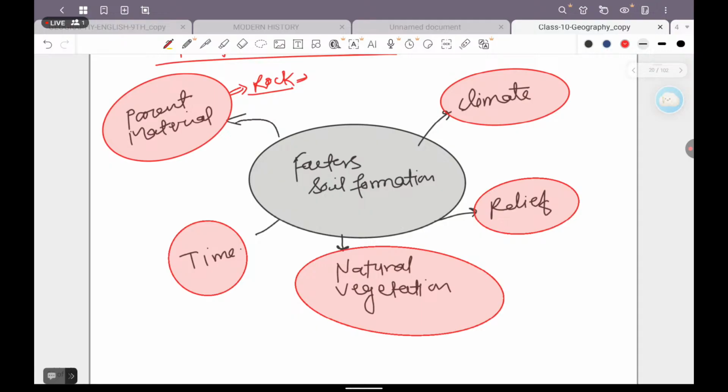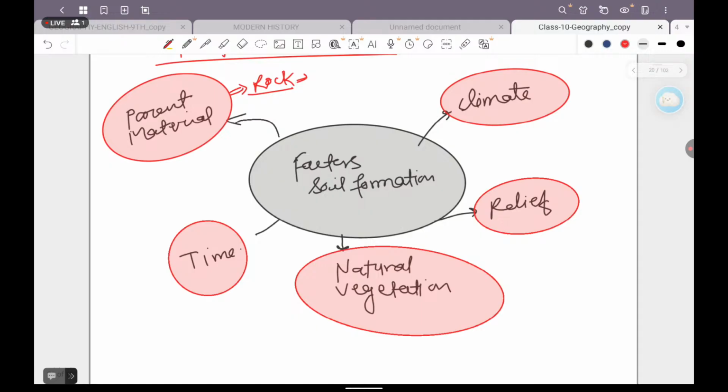And the climate is also one of the factors. In the region of high temperature with alternating wet and dry seasons, there will be laterite soil, whereas in the Himalayan region it is alluvial soil, and in the Rajasthan belt it is sandy soil, whereas in the Deccan Plateau it is the black or regur soil. And relief is also a deciding factor, because where there is a steep slope